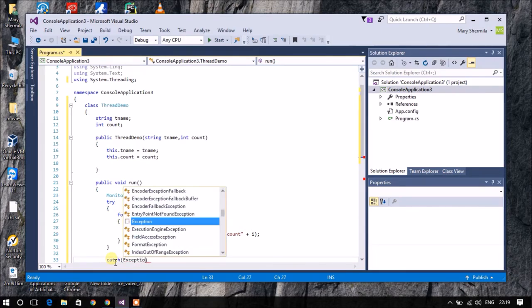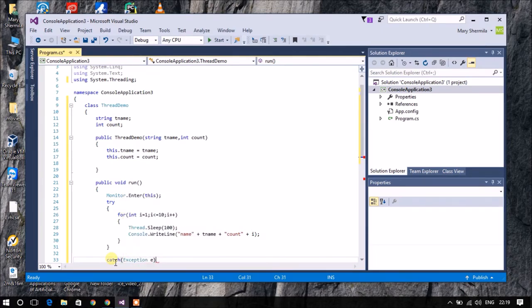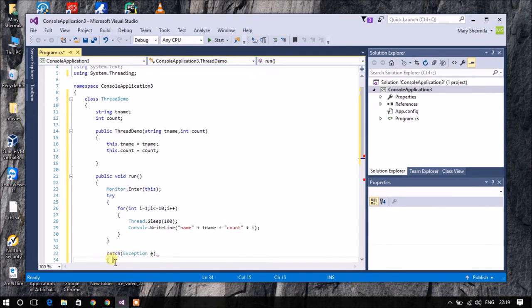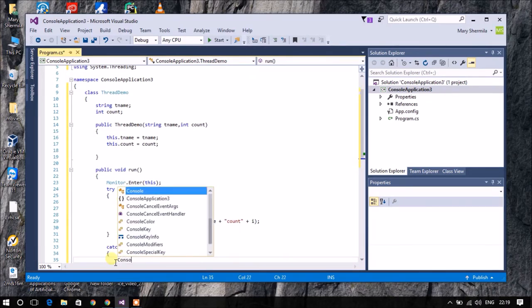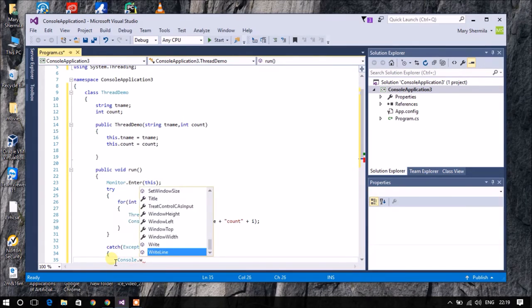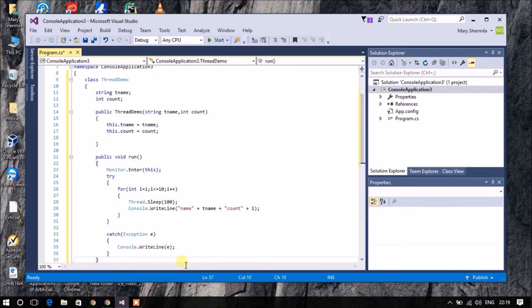If any exception has occurred in the program, it will be caught in the catch block and displayed. The error will be in the variable e. If I print that variable e, I'll get to know what is the error in the program.